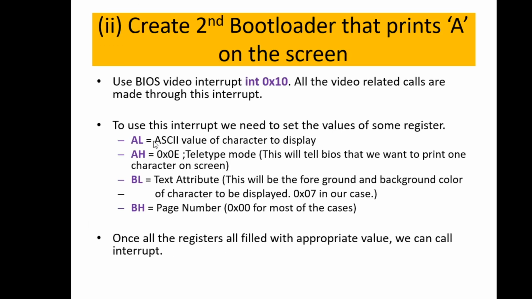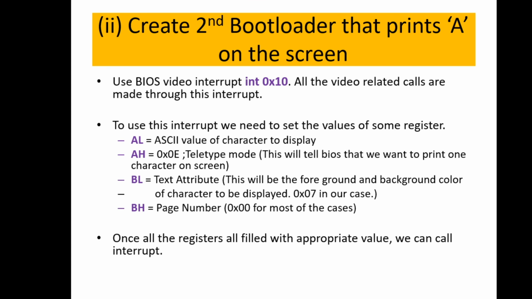Now we are going to write a program which is going to print the value A on the screen. The same interrupt, int 0x10, is going to be used, since it is the video call in the BIOS, which helps us display characters. Here we use the AX register and BX register. The AX register has two components, AL the lower part and AH the upper part. Just remember that the AL value is used to hold the character.